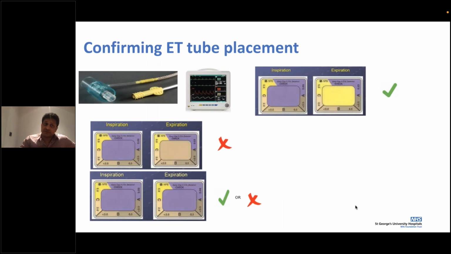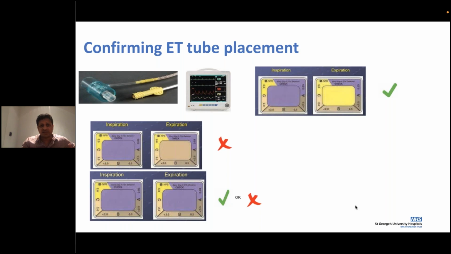After you've inserted it, we are really looking at whether the tube is in. There are a number of ways of making out where the tube is. The first one, which is commonly used, is the EtCO2 detector. There is an effective color change. Ensure it's the bright yellow color and not the pale yellow or the beige color, which does not mean that the ET tube is in.